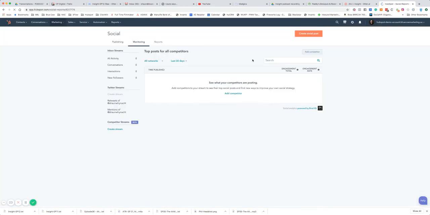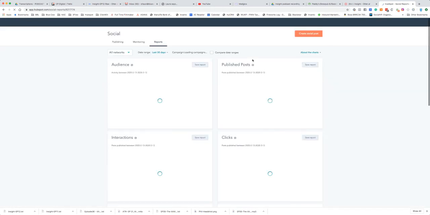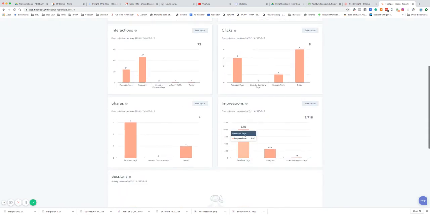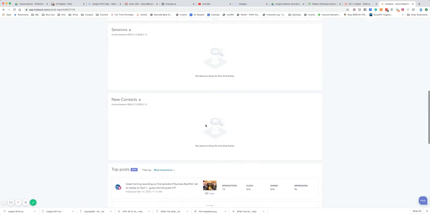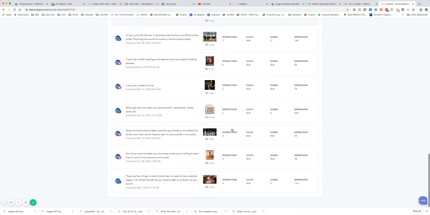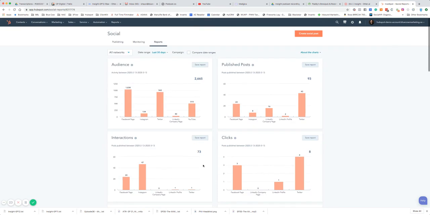And then also under your reports, so this comes up, you can see your different audiences here, your published posts, your clicks, your interactions, your impressions, different sessions, any new contacts that came from it, your top posts. You can see all this content here. A great reporting tool